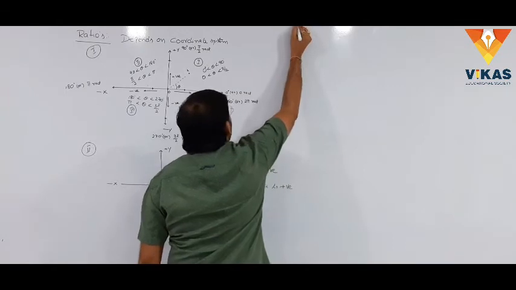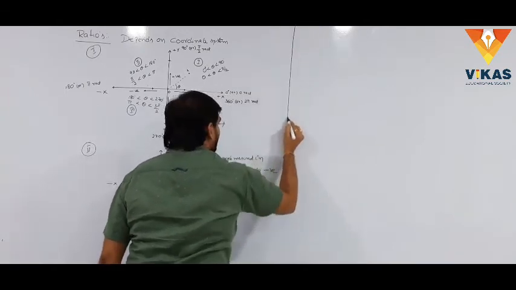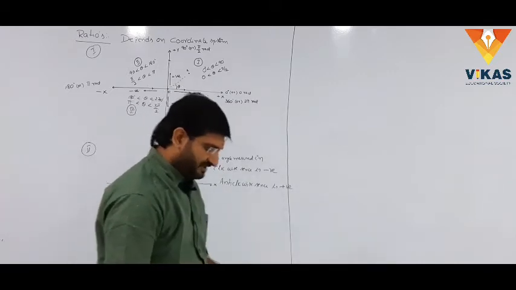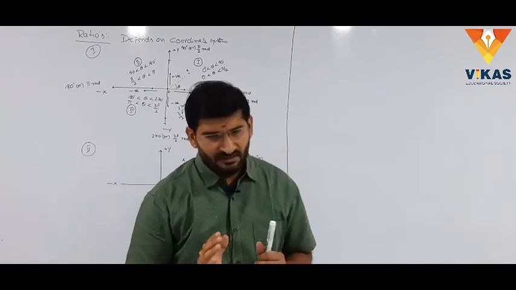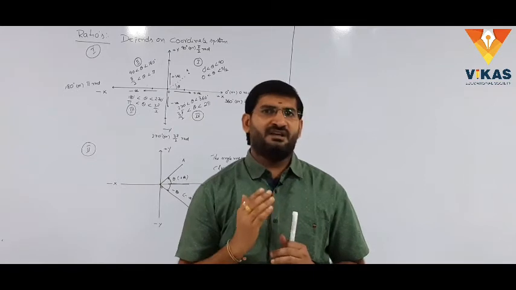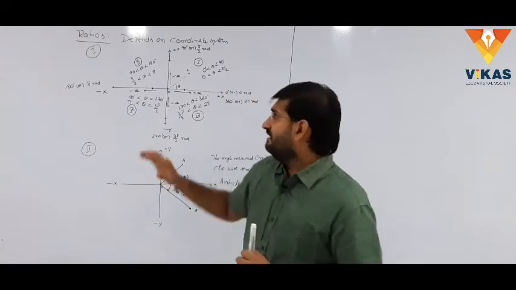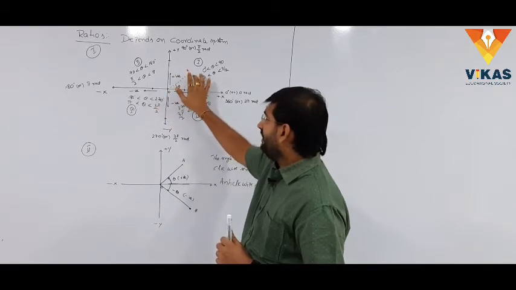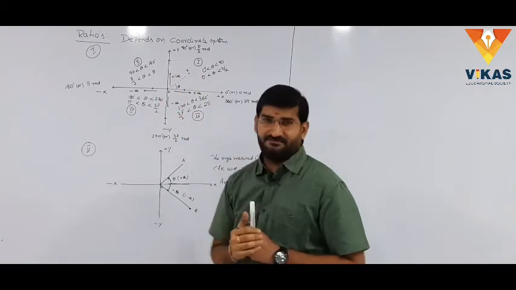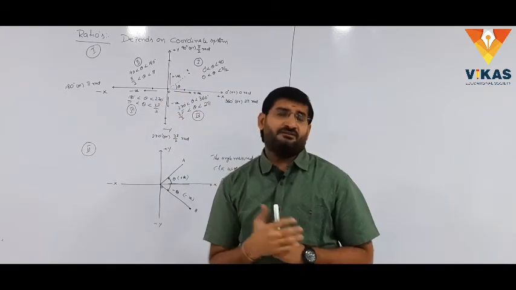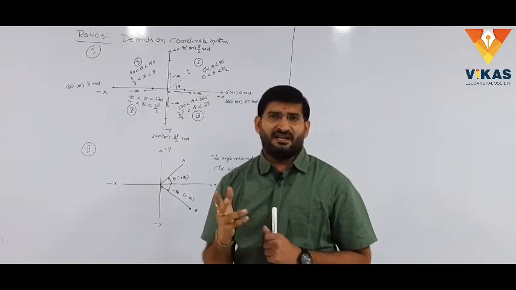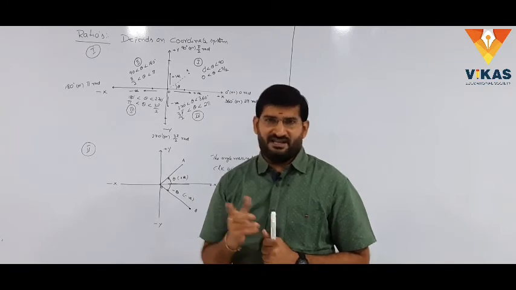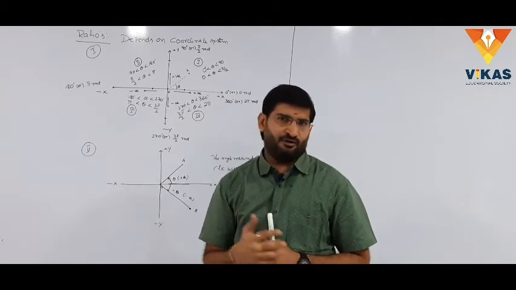I will explain diagrammatically, a very most important concept here. Generally, all the lecturers discussed the quadrant system, all silver tea cups like that. In the A quadrant, sin, cos, tan, cot, cosecant, secant are positive. In the other quadrants they are negative.